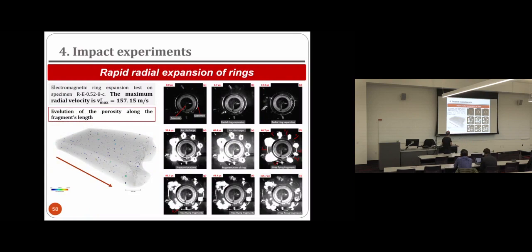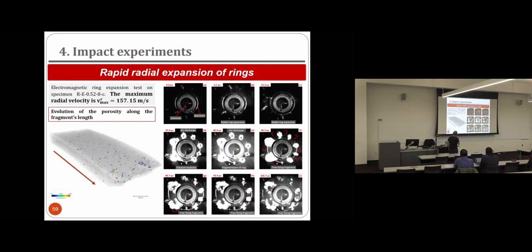And we also performed X-ray tomography analysis of the fragments. So this is just one of the fragments recovered from this experiment, and you can see here the fractured surface and some voids which are here a little bit more elongated near the fractured surface. This is the other end of the fragment, and again you can see here some voids that are more elongated, and we were obtaining the void volume fraction distribution along the circumferential direction, just trying to understand if where we have the fracture, the porosity has grown.